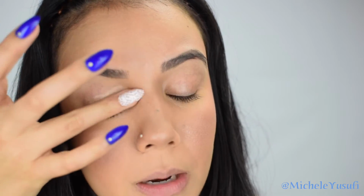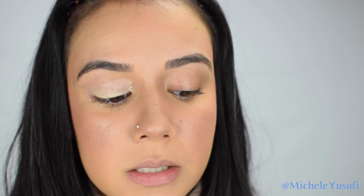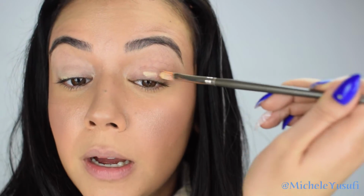And then after I apply it, I just go in and blend with my finger because I feel like it gets absorbed into my skin a lot better when I do it with my fingers. So that's why I do it. But everyone's different. So if you guys want to go ahead and use a brush, you totally can. Then I'm going to go on to my other eye,